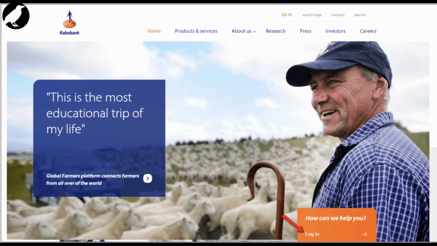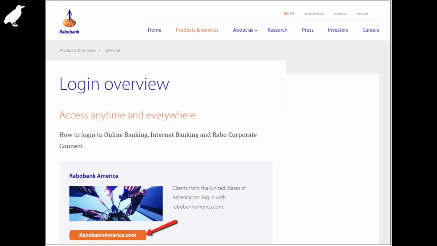www.rabobank.com. Now, on the home page, you will see the login link shown there. All you have to do is tap on the login option available at the bottom right corner of your screen. Now, click on the